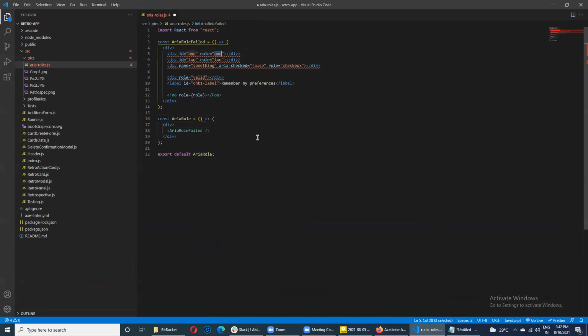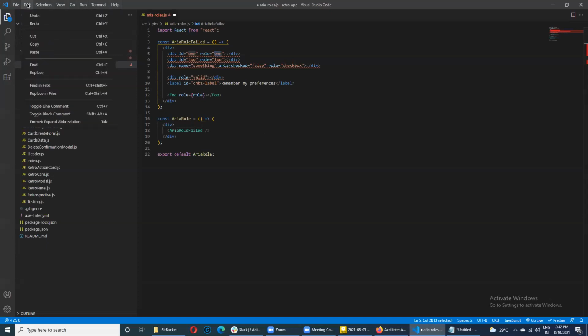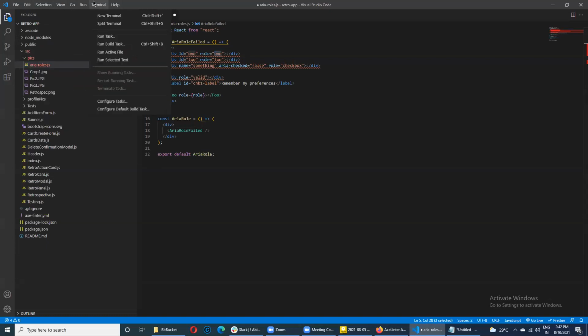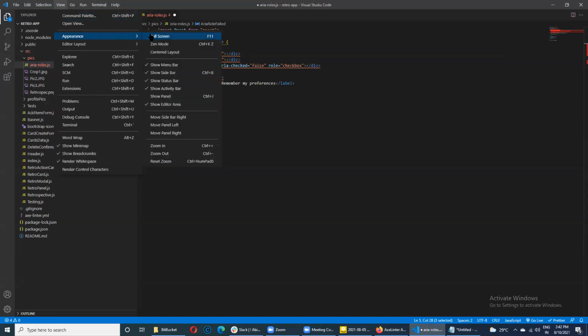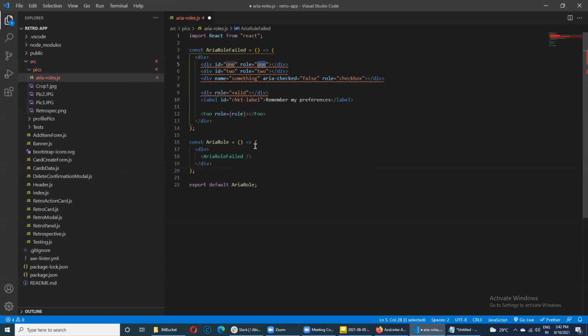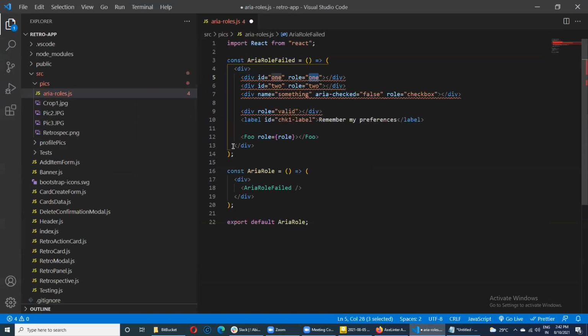Sorry, any chance you can zoom this a little bit? Because it might be a little small for some. Okay, let me. From view, I think. Is that better? Yeah, better. Yes. Thank you. Okay.